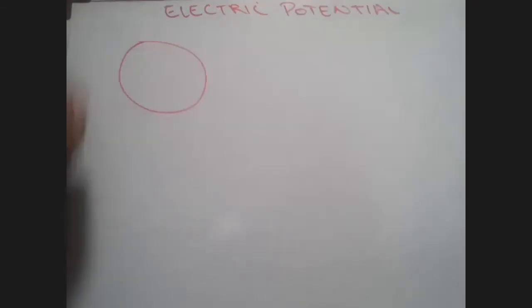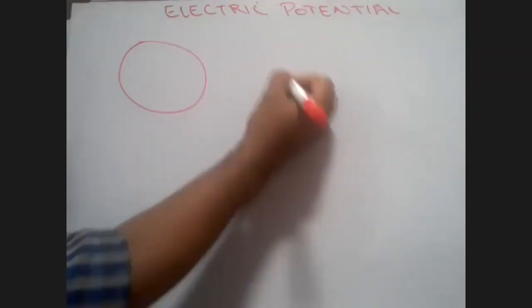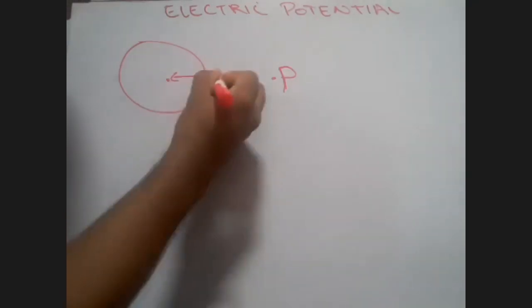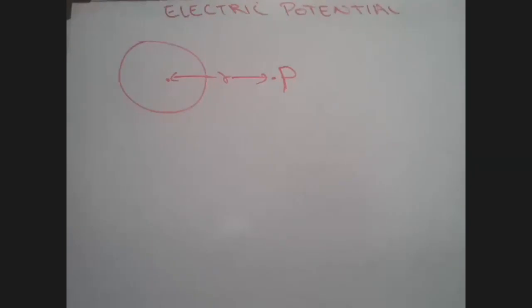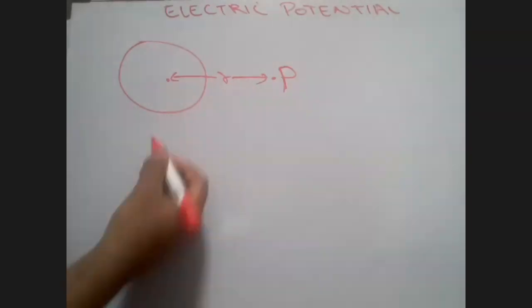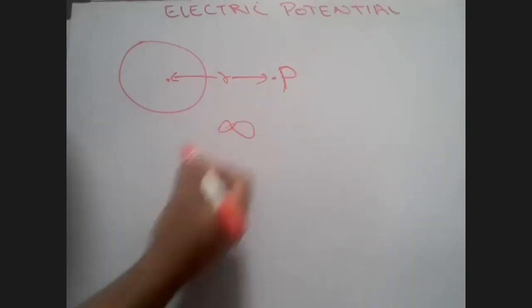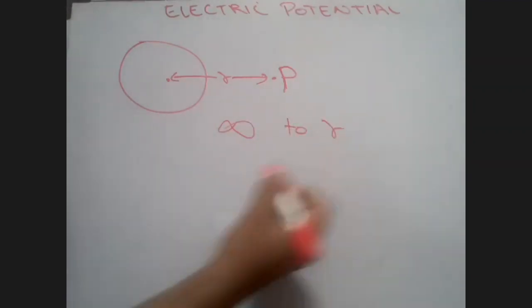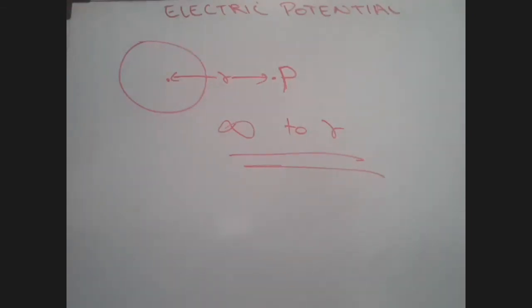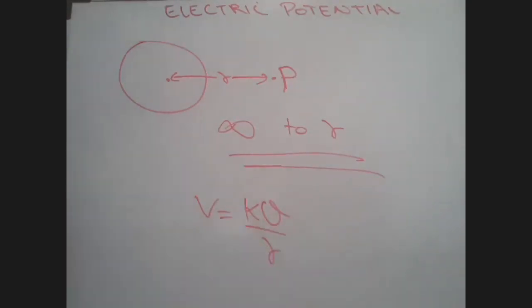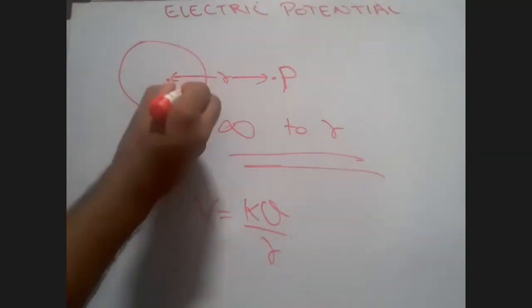So if I take this and put a point P, I'm just explaining the limit part again. Since there is no time, I think it's going to close down. Always remember, when you are going to find the potential at a point P outside any object, you are bringing the test charge from infinity to a certain distance. Is this clear? Keep this in mind. So the potential at point P is V equal to KQ by R. Now you all try to find the potential at a point which is inside the sphere.